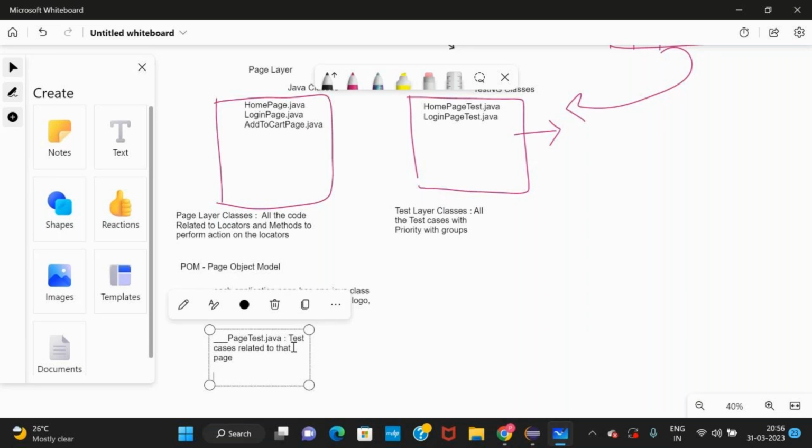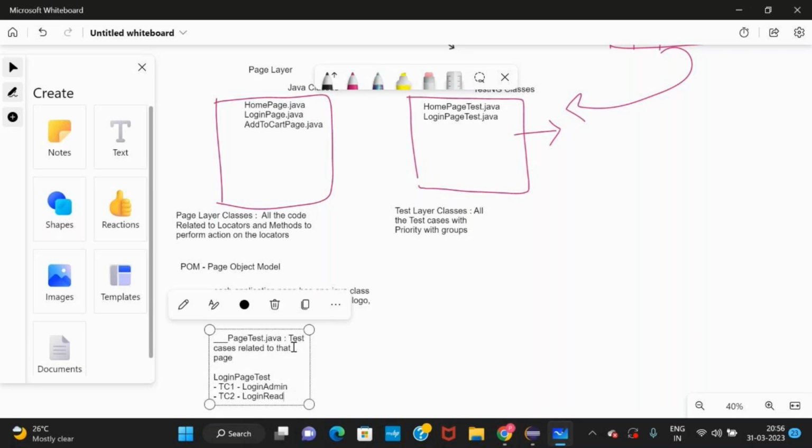Okay, so for example, LoginPageTest. What will it contain, the test cases? Test case 1 is login as an admin. Okay, next test case TC2. What will it contain? Login as a read-only user.